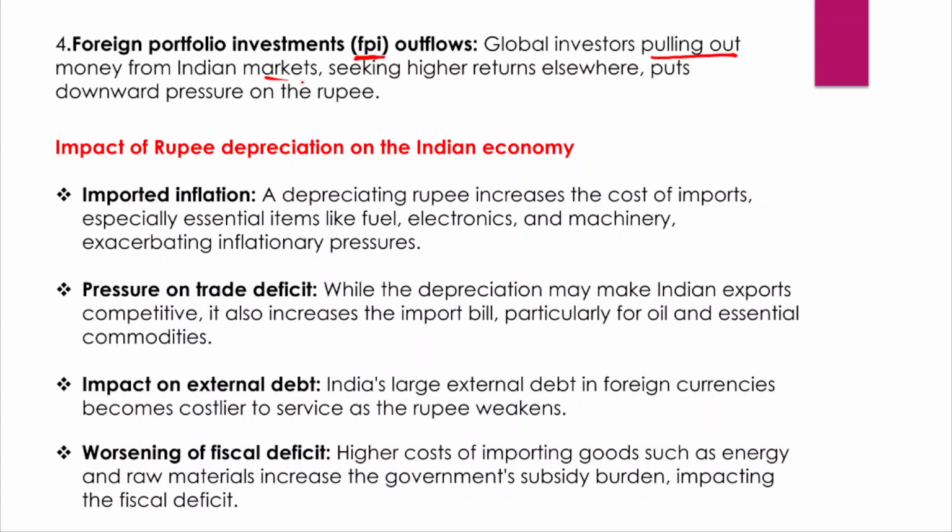But when the foreign institutional investors are withdrawing their investments, we do not have adequate dollars. But dollars are very important for our essential imports such as gold import or crude oil import. So when we don't have an adequate amount of dollars, that increases demand for the dollar. Increase in the demand for the dollar means depreciation of the rupee.